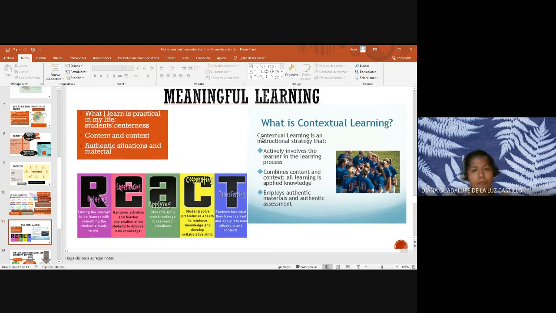Another tip for having meaningful learning is contextualizing the learning. What do we mean by contextualizing the learning? What is practical in the life of students is something that is going to be meaningful for them. So we need to pay attention to their interest, to the way they're going to use the language, and to use authentic situations. There's a method that is called the REACT method